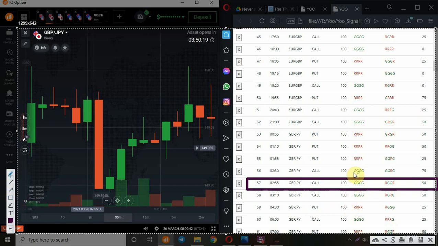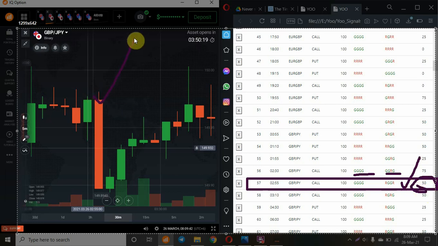What is the maximum color of the previous candle? The maximum color of the previous candle is 4 green and 3 green. So totally how many greens? You have got 3 buyers and only 1 seller. So we'll take this signal. But this signal has only a 50% chance, so it has to win in one step martingale, because it can win directly, or it can win in one step. That is why the number is 50%.